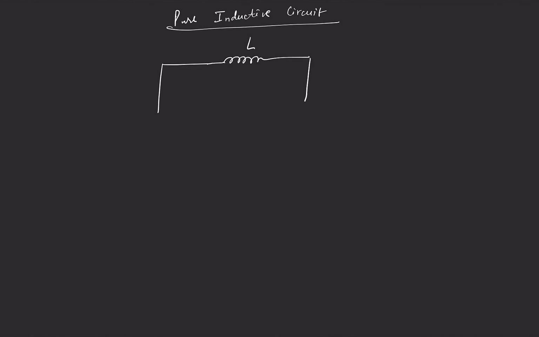That's it. You have to quickly find the instantaneous current like that next time. Okay, so similarly, now let's see a pure inductive circuit. Pure inductive circuit means there is only an inductor there and there is no capacitor. So let's say there is an inductor whose value is L, and we are again given instantaneous voltage and we have to find instantaneous current. Again, instantaneous voltage is V naught sine omega t, and we have to find instantaneous current, which I am denoting by I, and we do not know the value of I in terms of t.